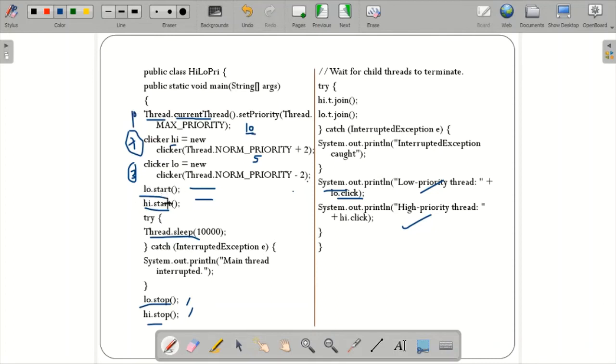Initially low.start might be running, but since it has less priority than this, when the higher priority thread tries to run, the higher priority thread will be given the preference. So it will preempt the lower thread, and this will execute. So when comparing both outputs, how many times the counter has incremented, this will have the highest output, more utilization of the processor than the lower priority thread.